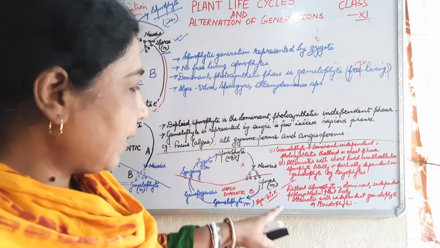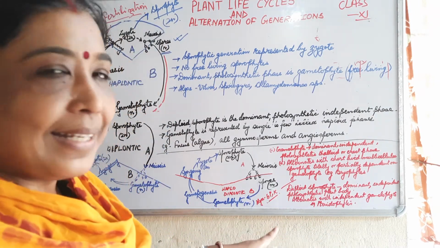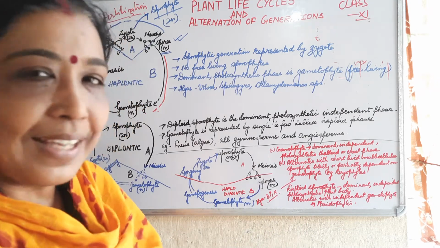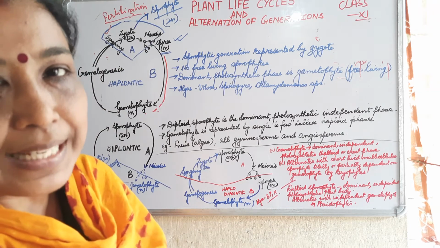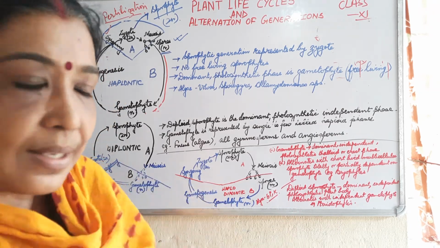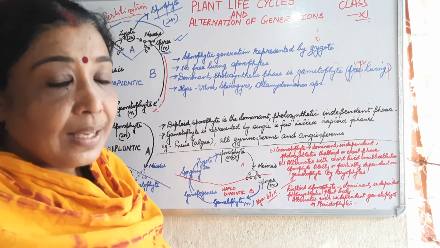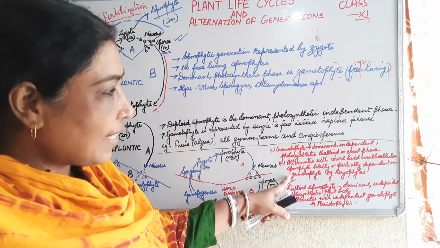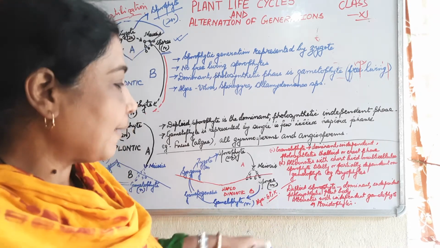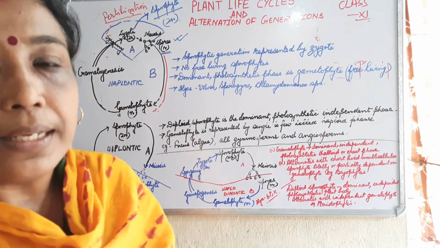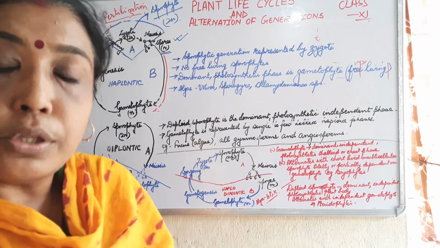अब टेरिडोफाइट्स में देखो क्या होगा, उसमें जो डिप्लॉयड स्पोरोफाइट है वो डोमिनेंट है, इंडिपेंडेंट है और फोटोसिंथेटिक है, और वो किसके साथ ऑल्टरनेट करता है बेटा, खैर यहाँ इंडिपेंडेंट गैमेटोफाइट भी है. So this is all about the haplodiplontic life cycle. Again and again I am telling you that this takes place in bryophytes as well as in pteridophytes, but again the exception is that there are some algae like Polysiphonia, then you have Ectocarpus, all those algae also.